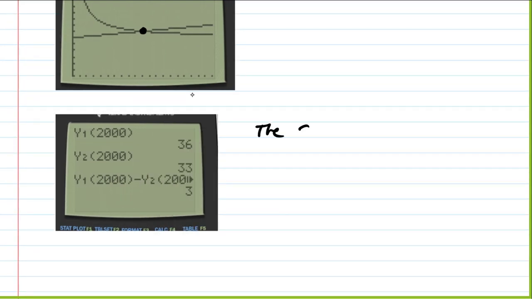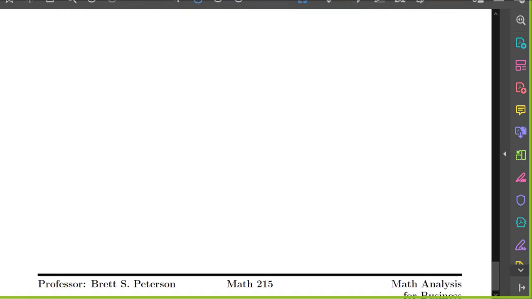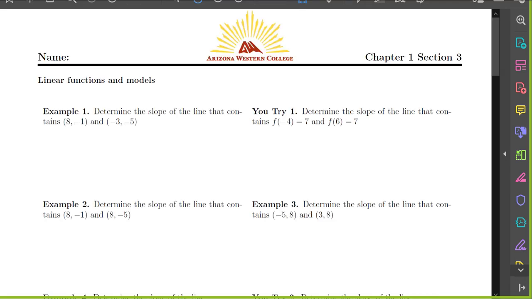So the surplus is 3,000 seats. All right, so that